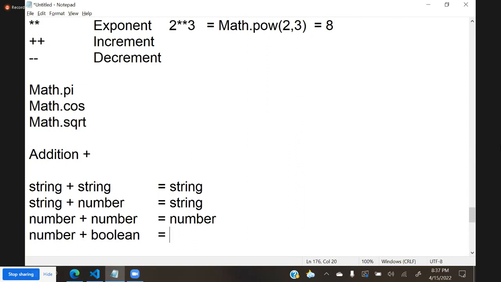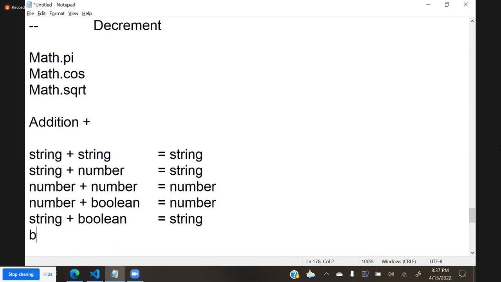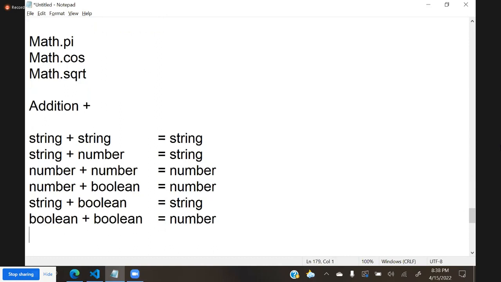Number plus boolean, what will it return? It will return number, because you know that boolean true false are 0 and 1. Suppose I say string plus boolean, what will it return? String only. Suppose boolean plus boolean, what will it return? Number. All these are general things, but sometimes you will fail